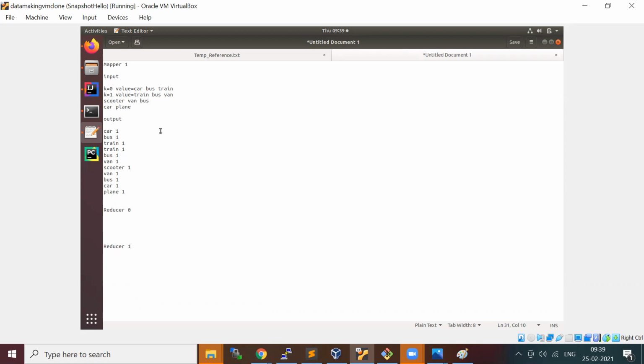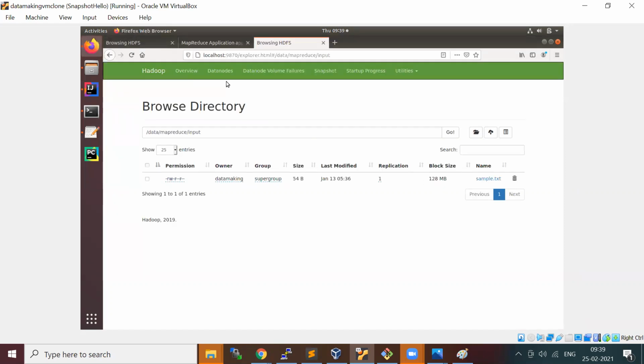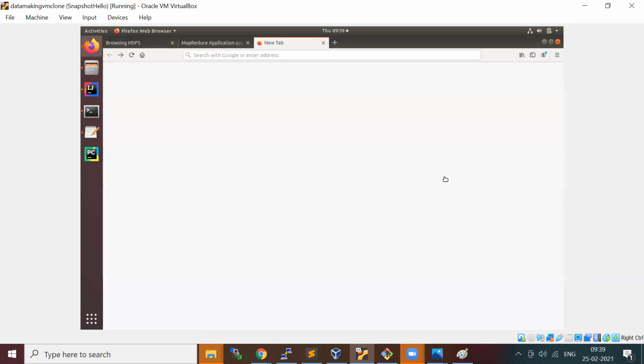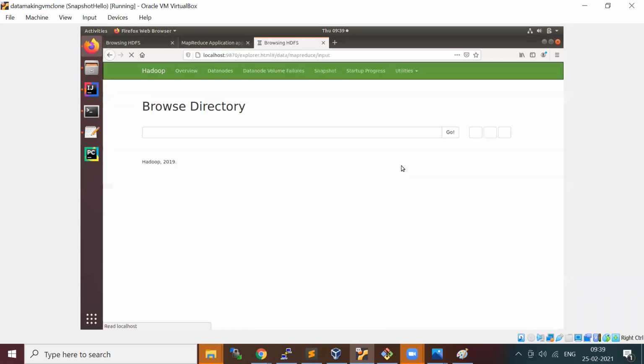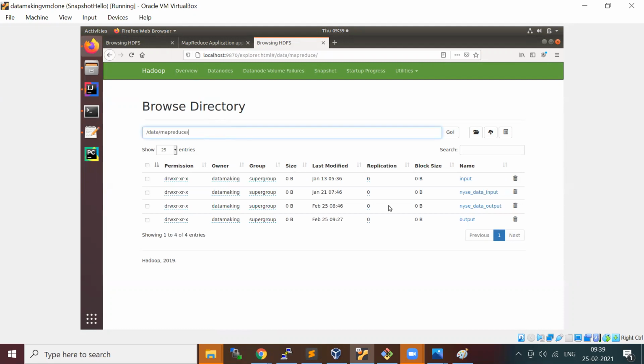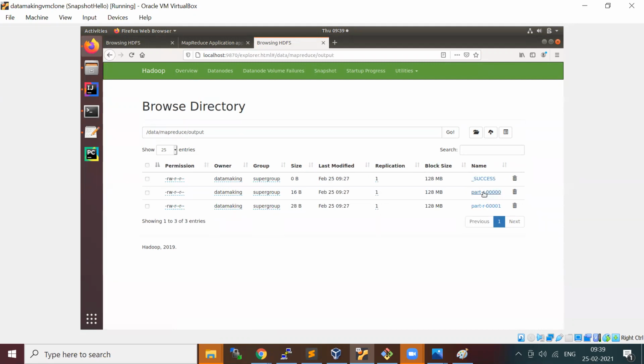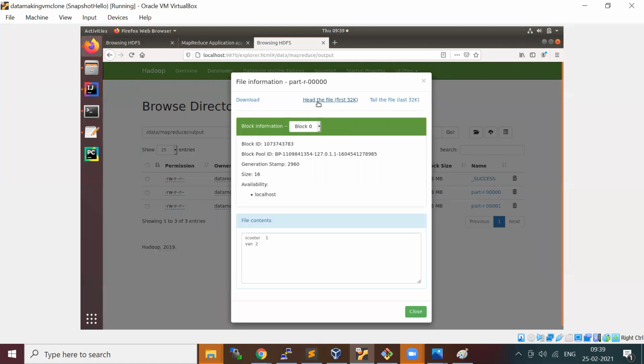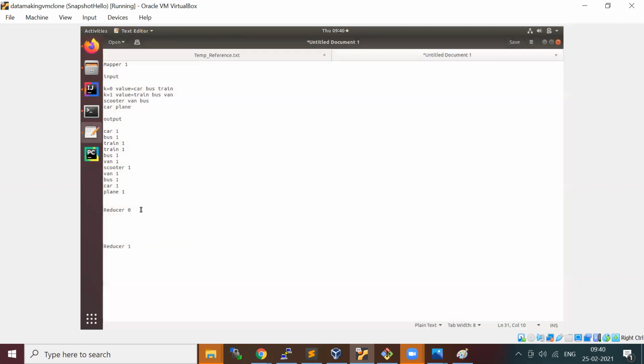For this reducer, it came like scooter and van. It would have come like this, with key and value as a collection, and van.